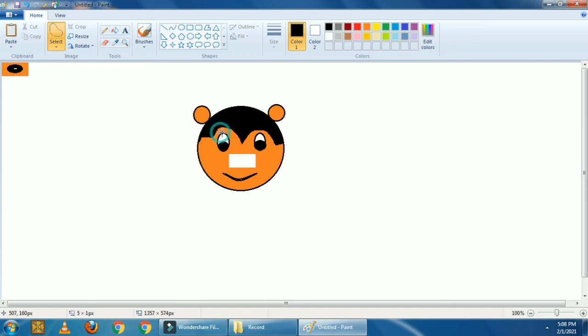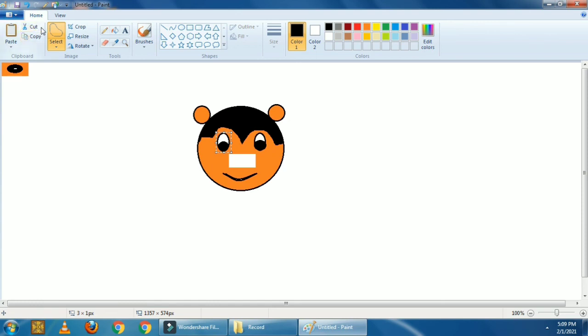Starting from here, I am dragging my mouse on the edges, meaning the border of the eye, and you can see that where my mouse is moving, only that part is selected. Now you can see when my blue border is made, only that part is selected. It will show us a rectangle, but only that part is selected.